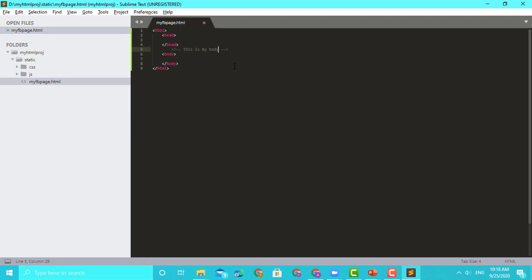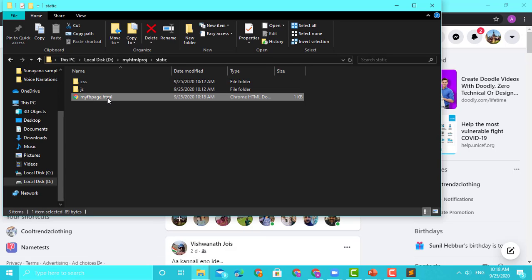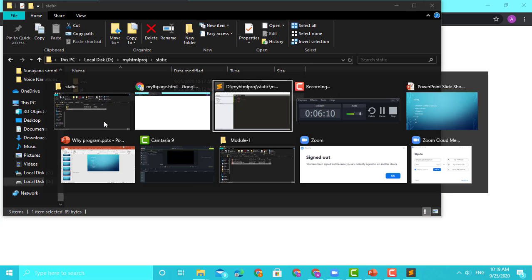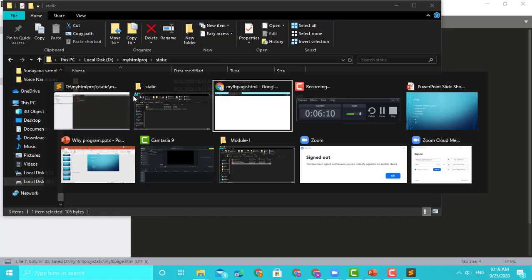Now let's open this page and see how it comes. How do I open it? There are two ways. Either I click new and go to that path, or I just go here. Since it's .html, it knows that it has to use a browser to open it. I'll double click, and it will open. I have a page here which is empty because there is no content. If you want some content, I will type something here in the body and save it. So I got the content. This is how your page looks.